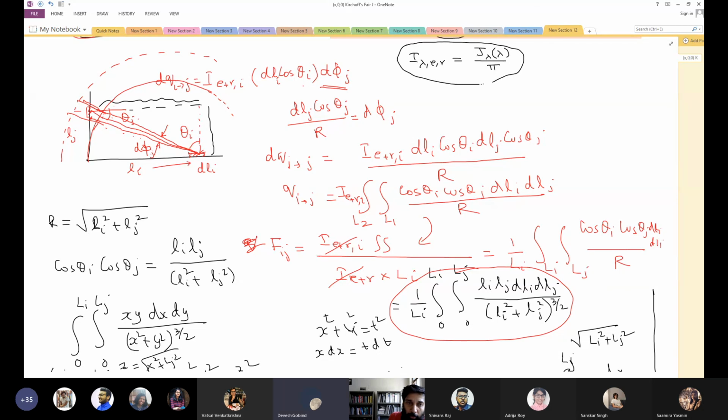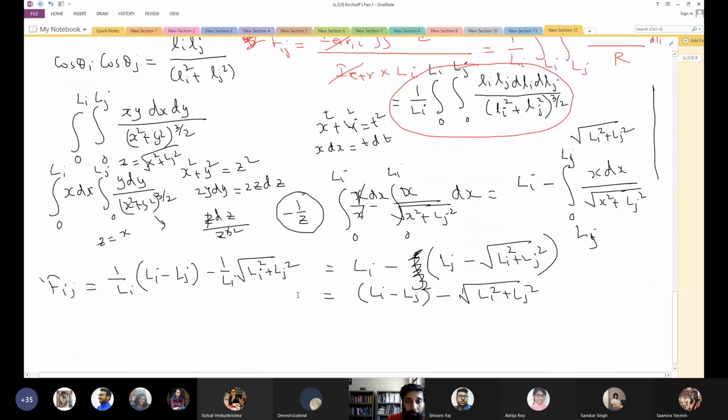Maybe I'm not seeing what you are saying, and maybe for a particular case it may be applicable. But I believe that in general we have to take two differential areas. So maybe we can have a one-to-one discussion beyond this class, and then we see what exact point you are making. Yes, sir. Okay, what's your name? Devesh. Okay, all right. I'll make a note, and we can discuss one-to-one. But in general, we take differential areas and integrate over the bodies to get the view factor.